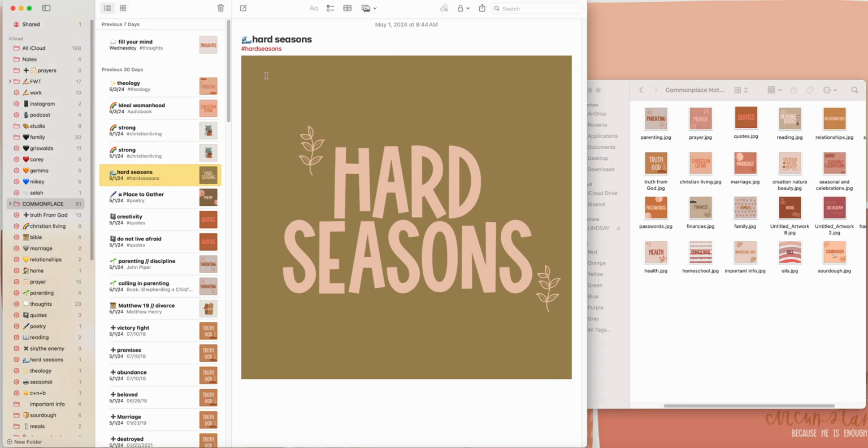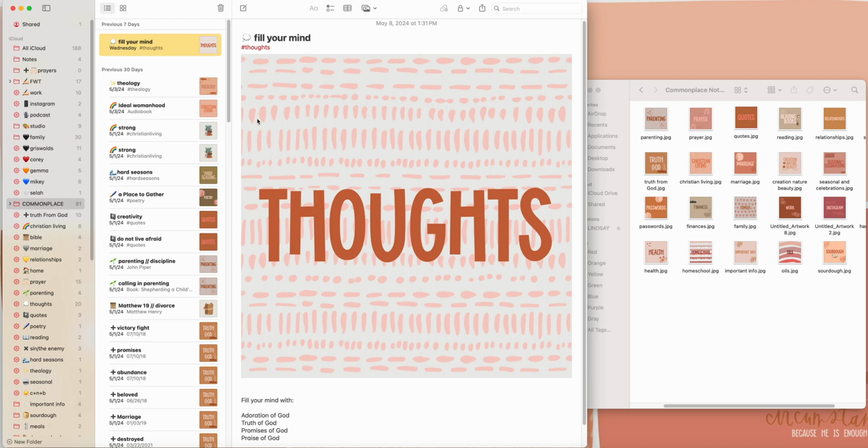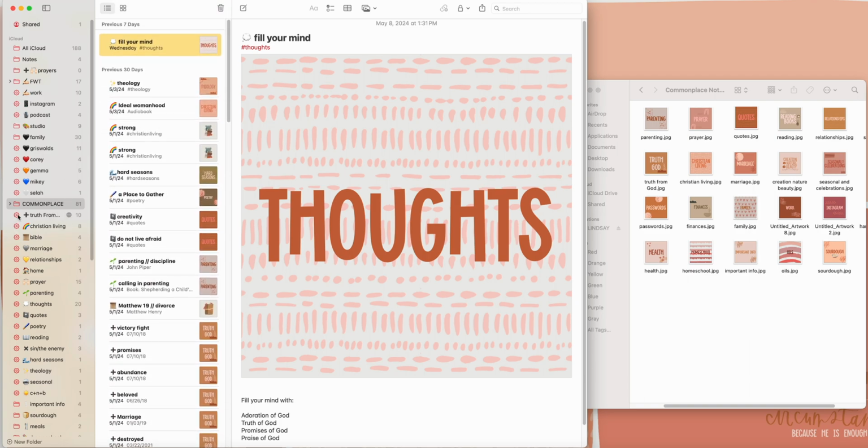But basically what I do is if you put a picture, you can put the picture anywhere, but especially if you put it right here in the front, I like it because I can come here, I can see what the topic is, and then it'll also put the picture over here. I found that just a 4x4 picture works good. That way I can just scroll through and I can see my stuff very quickly, very easily. So I have commonplace, and then I have all these hashtags. And so